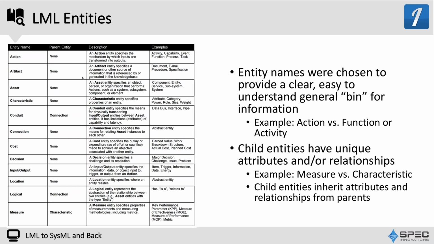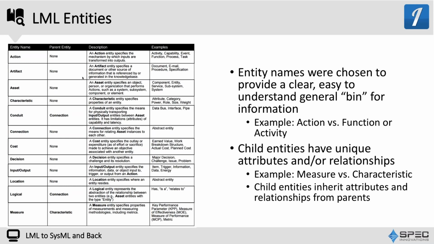Characteristic is kind of like an attribute, but it's really another class. It gives you the ability to characterize assets or even actions and other things here. And you go on to conduit, which gives you your physical connection. There's a connection